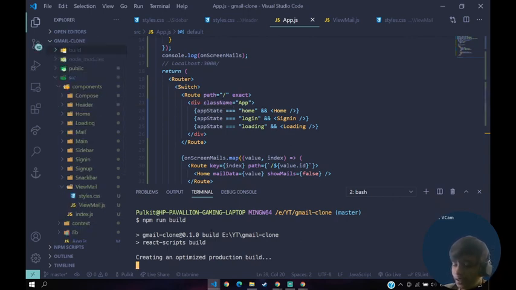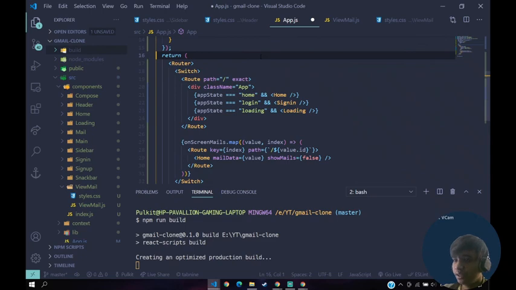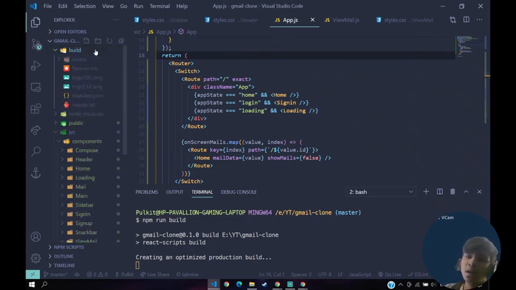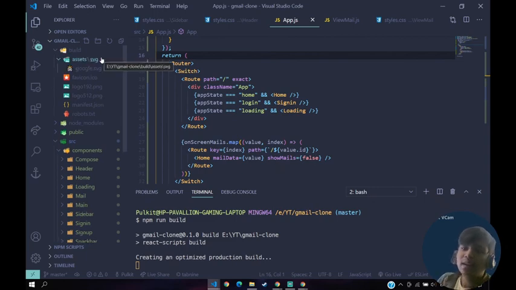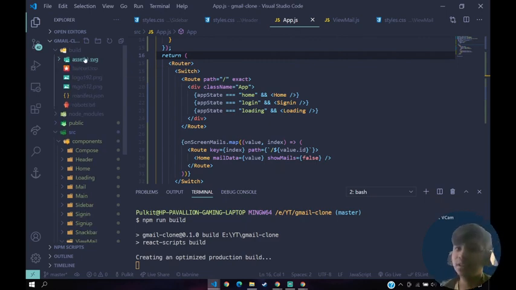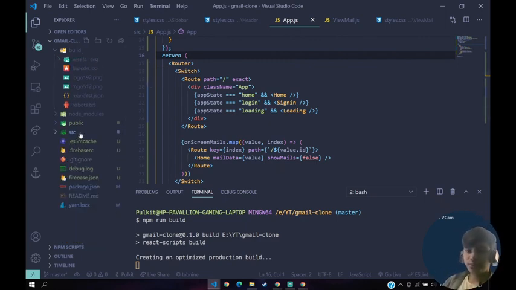And the reason why we typed build inside of Firebase init is to tell our Firebase that it has to upload the build folder, right? So it will add all the necessary files which it needs to, right? So we'll wait for this, and then we'll have a last step remaining.